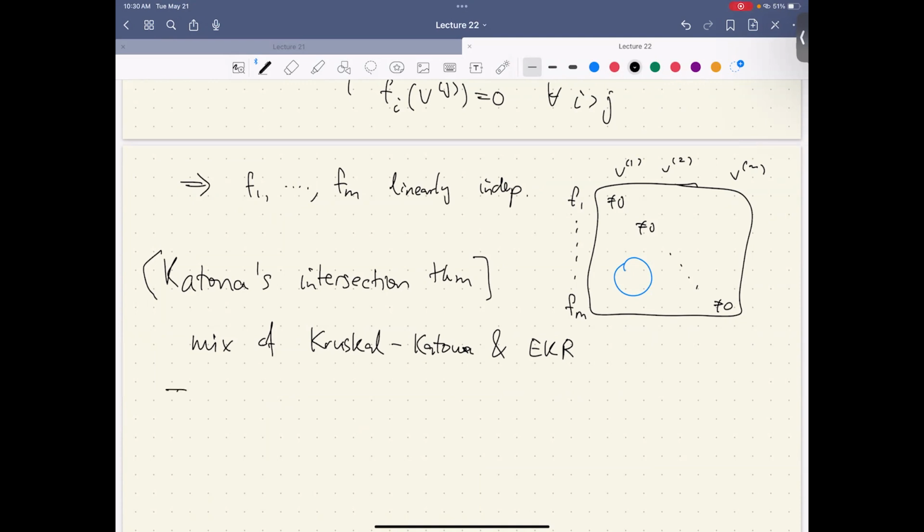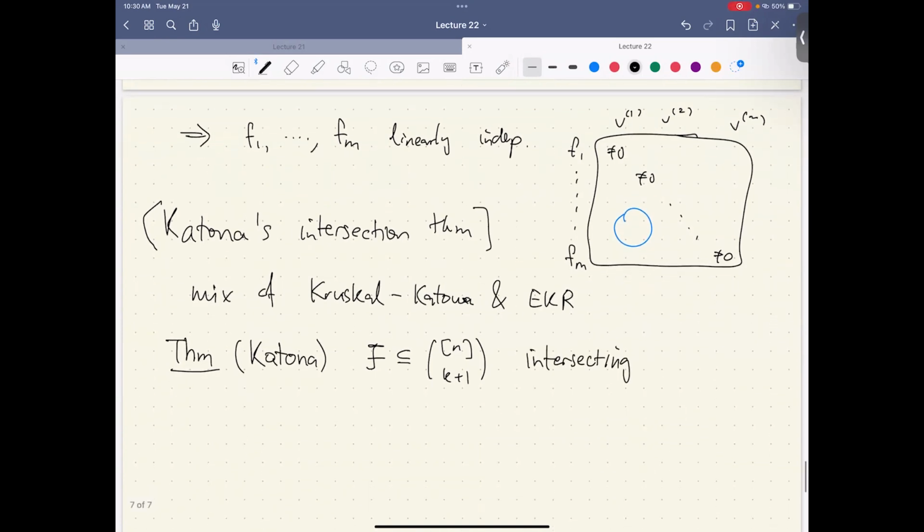So the theorem by Katona says, if we have a uniform family, let's say k plus 1 uniform, and it's intersecting, then how small can its shadow be? Intersecting means pairwise intersecting. Katona says then